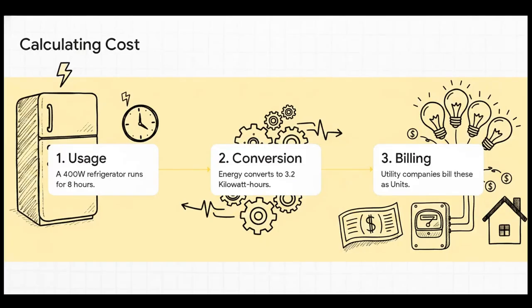Let's apply this to a real scenario. If we take that 400-watt refrigerator we just talked about and run it for 8 hours, it uses 3,200 watt-hours, or 3.2 kilowatt-hours. This specific metric right here, the kilowatt-hour, is exactly what your utility bill translates into dollars and cents. So when you're looking at your bill at the end of the month, a single unit is simply 3.6 million joules of energy, all neatly packaged into 1 kilowatt-hour. And finally,